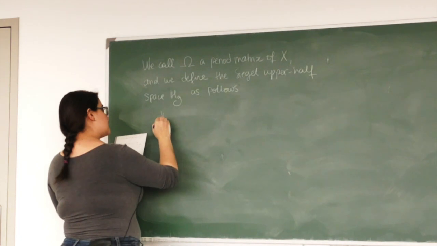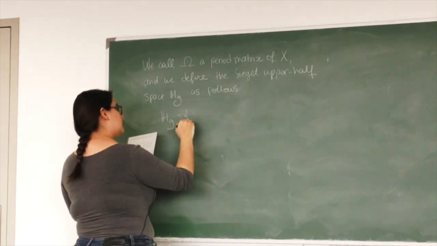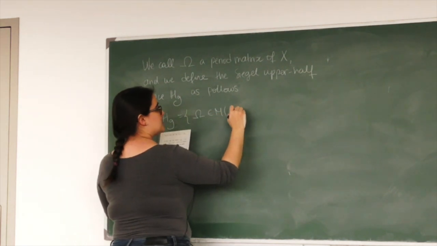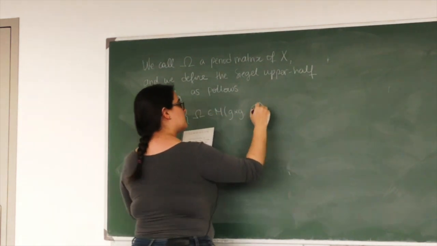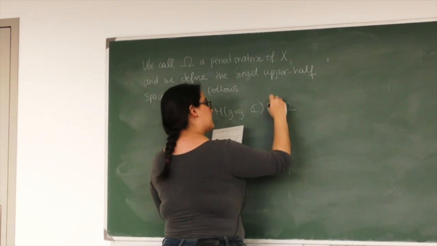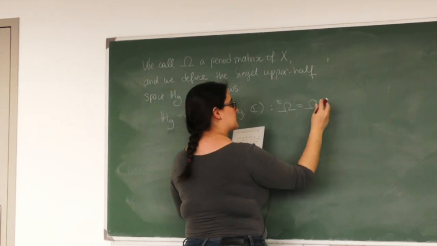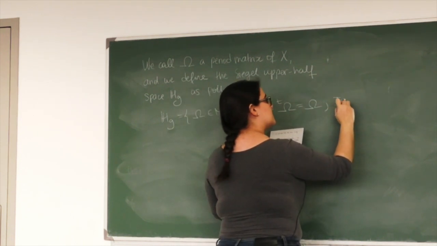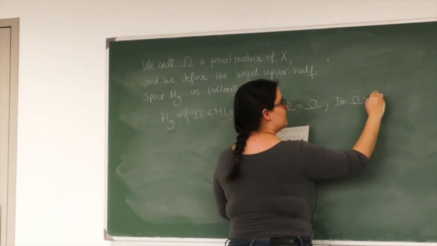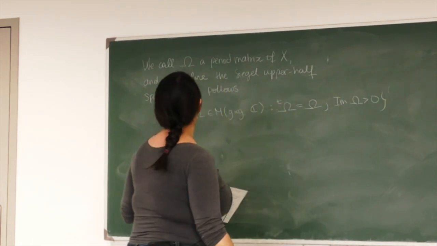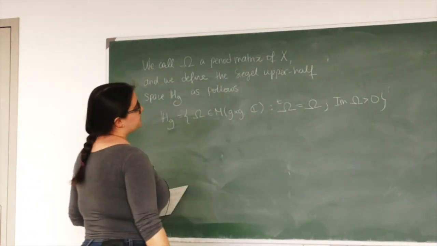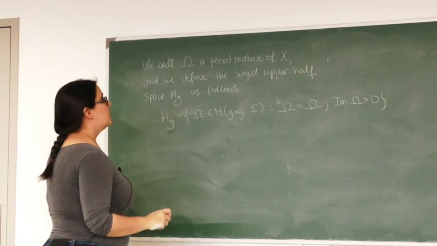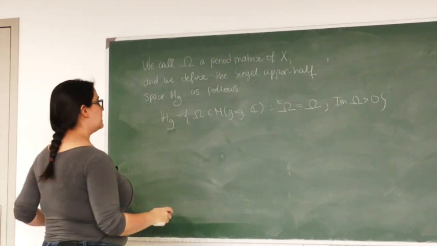So we have HG equal to the G times G matrices with complex entries such that omega is symmetric, so the transpose is equal to the matrix itself, and the imaginary part of the matrix is positive definite. I ate half the board again. And what we also have, one can write, is that then